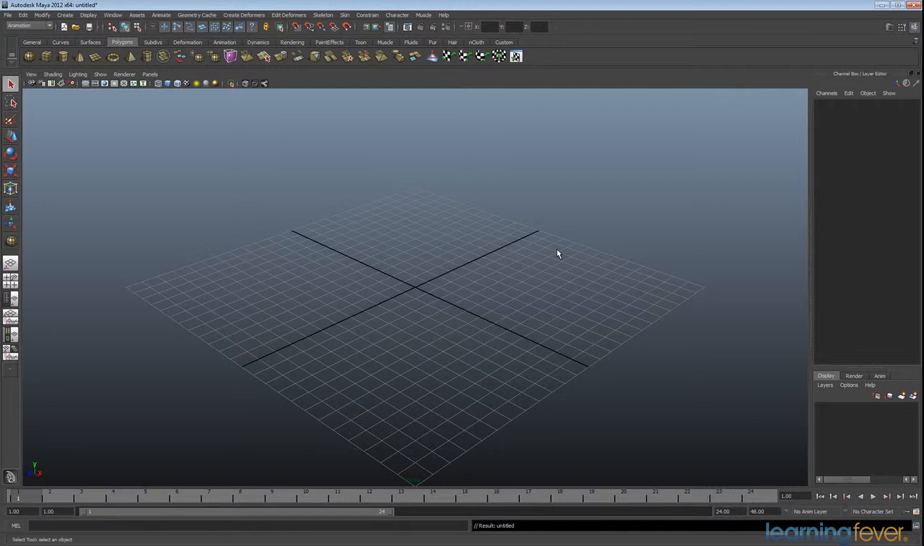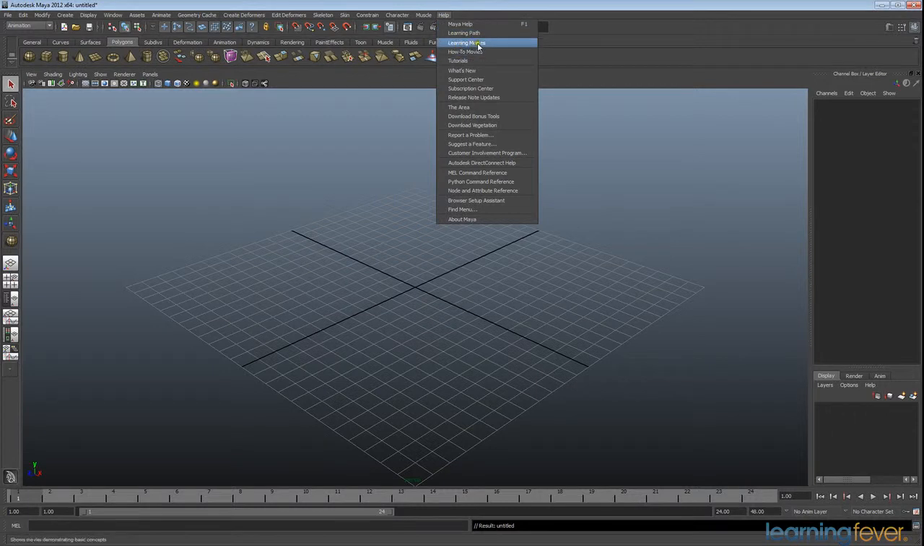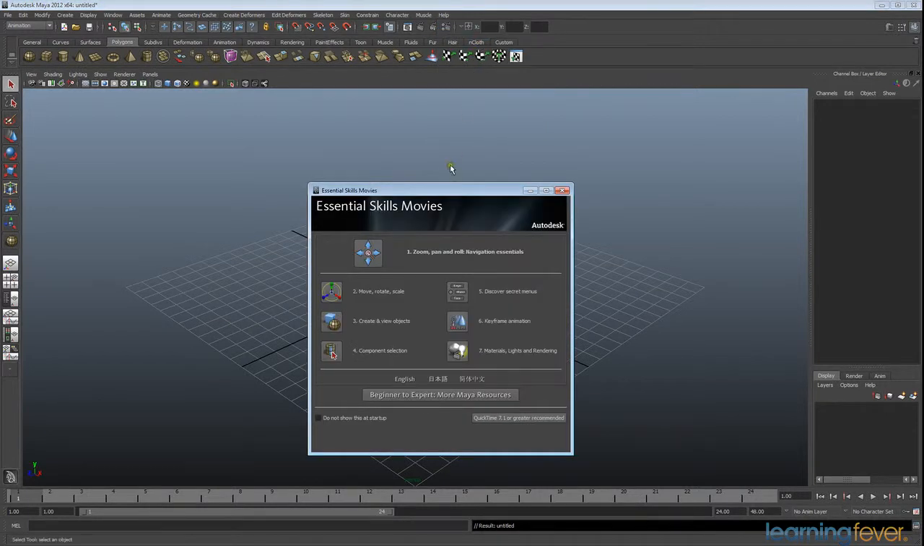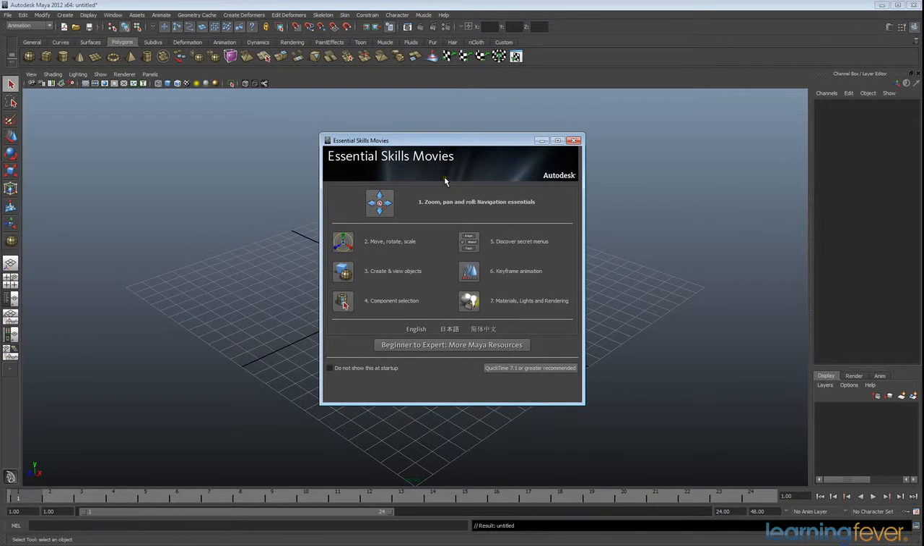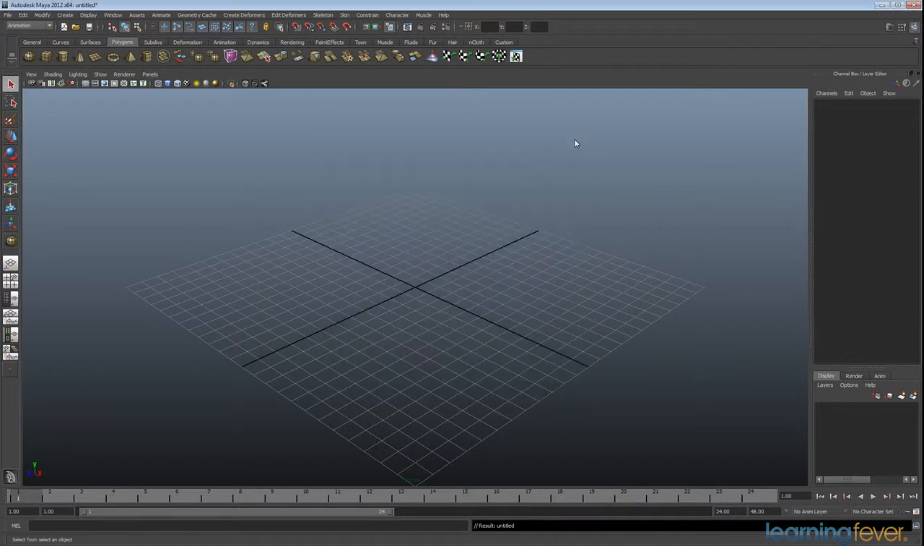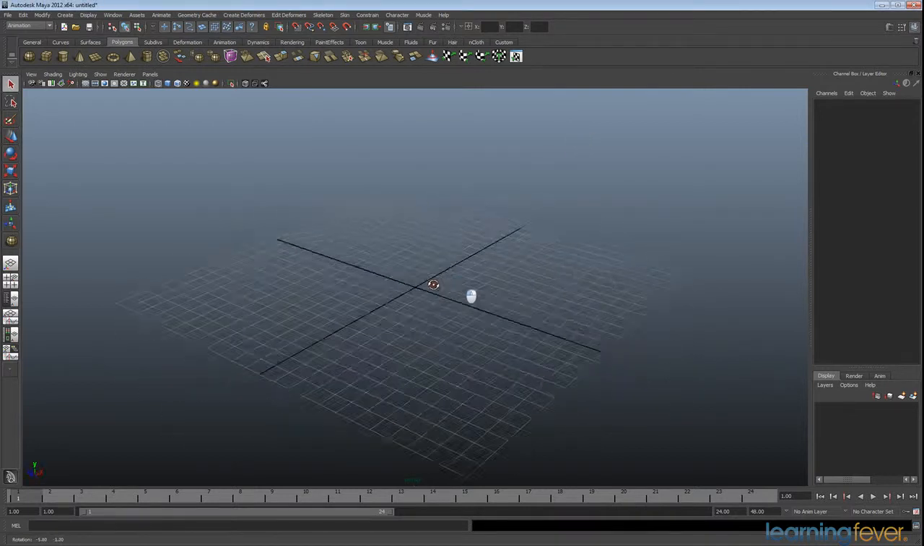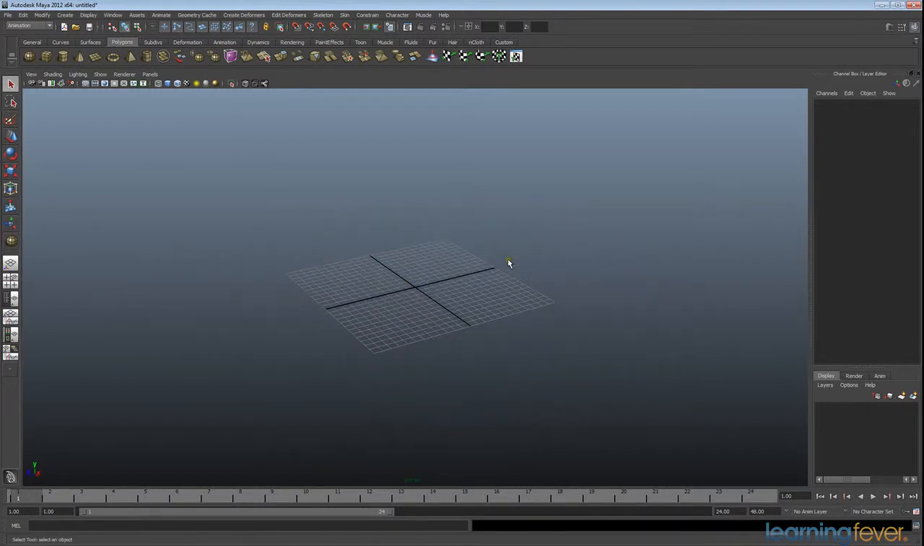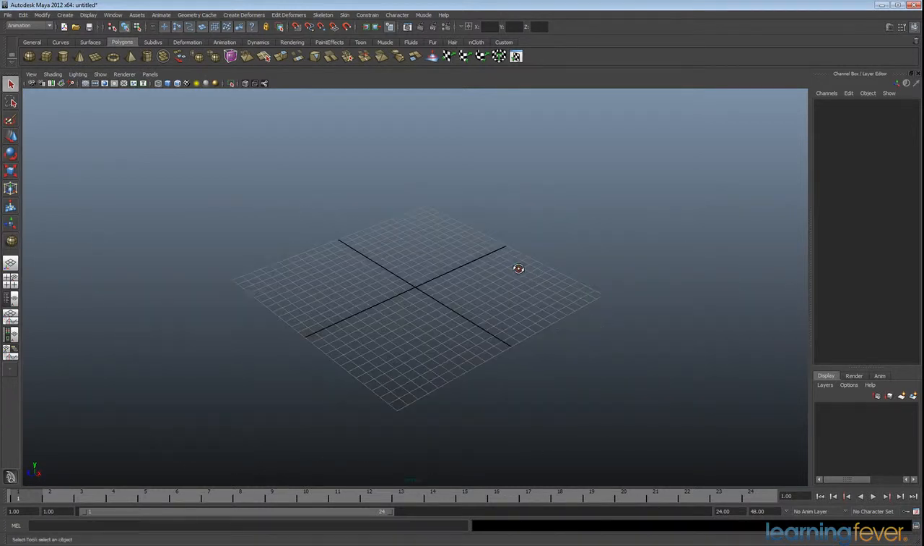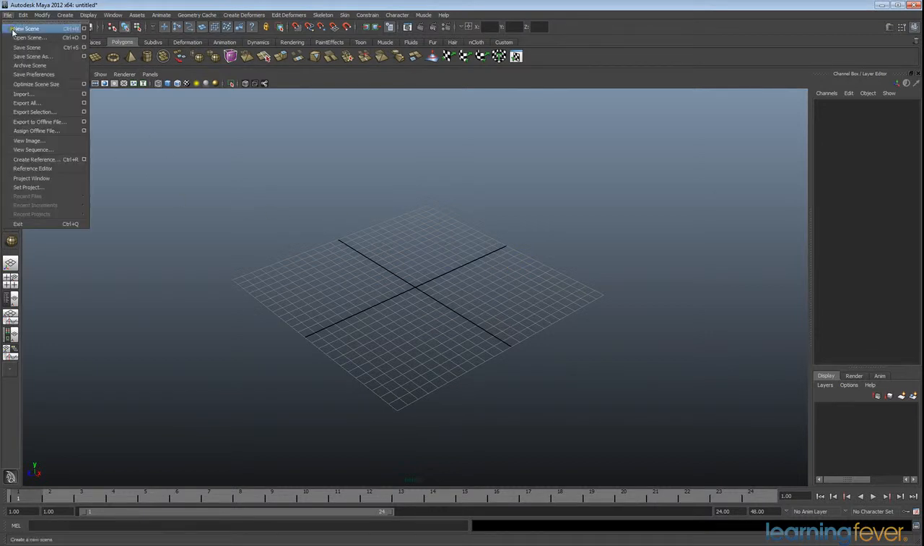Now, I'm assuming that people have already opened up Maya before. If not, there are some great tutorials in the learning movies here, which will open up when you first open Maya, and they go over the basics such as pan, zoom, roll. But I'm going to assume that you've checked that out. You know a little bit about Maya, you know how to spin the world around, zoom in and out, all this basic stuff. So I'm going to start with a new scene,